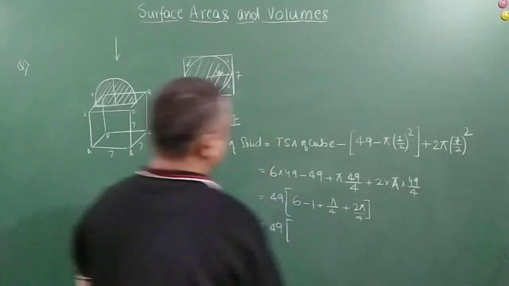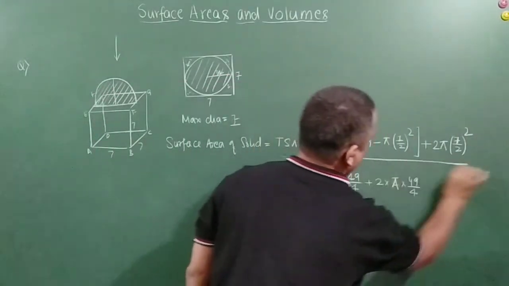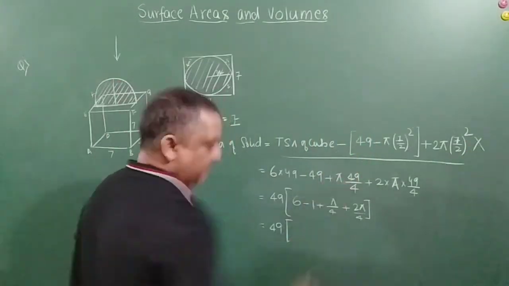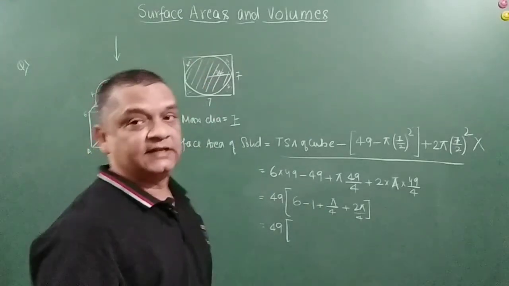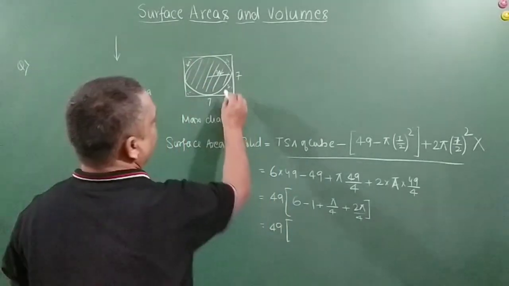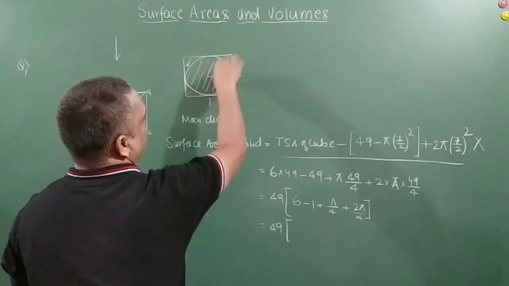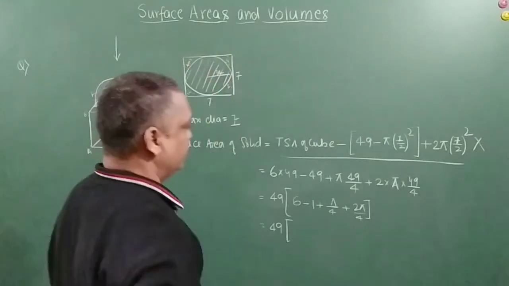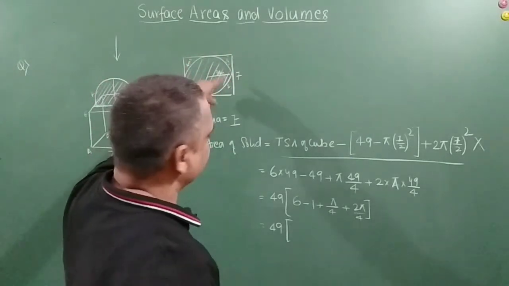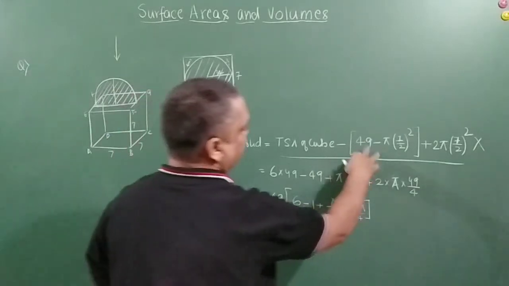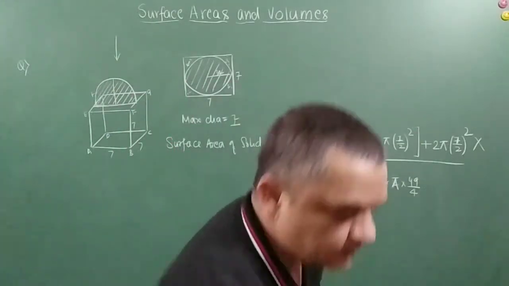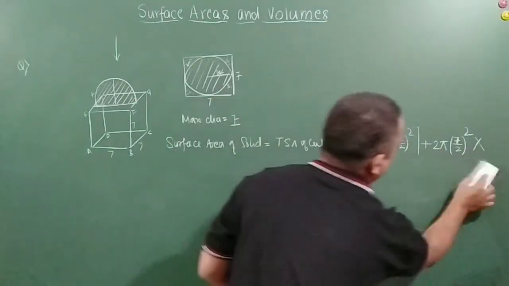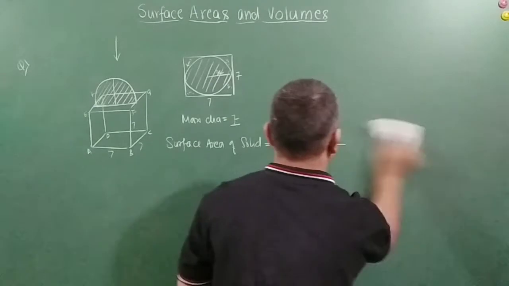Friends, I'm so sorry. See, the statement here is wrong. Why is it wrong? When I'm taking total surface area, I have already included all the 6 sides, right? So I cannot subtract this. I will have to basically subtract the area of the circle from the total surface area, that is pi r square, not 49 minus pi r square. Okay, so let me just rephrase that. I'm so sorry, I wasted 2 to 3 minutes of your time, right?